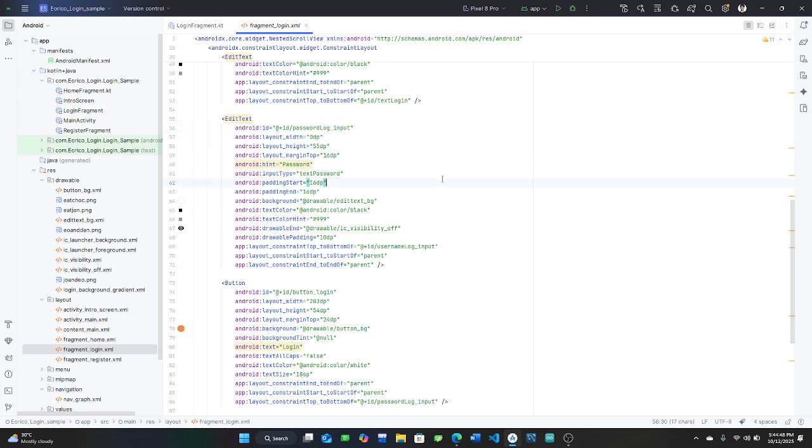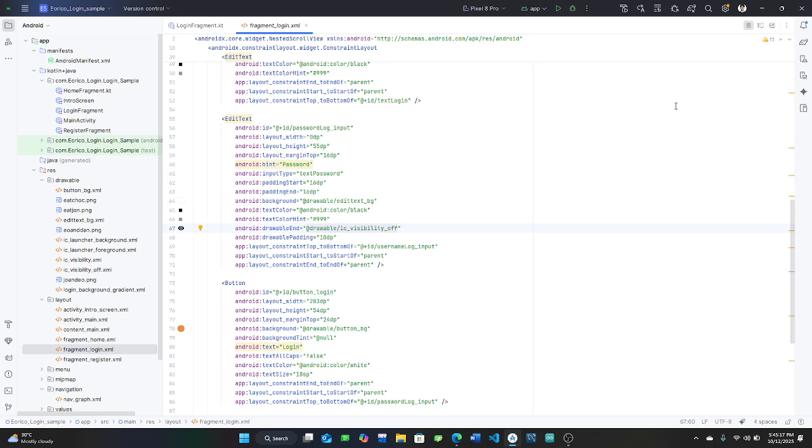In the password input, add drawableEnd, and the string is @drawable. So we are going to access the drawable to get the icon that we are going to use. In the first one we are going to use "off", and then the next part we are going to use "on".